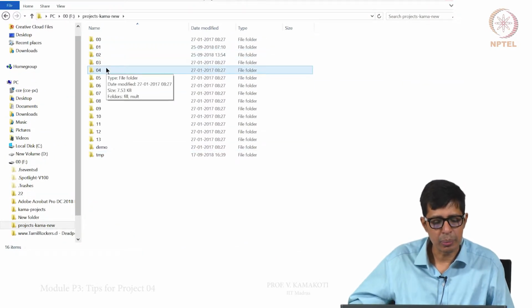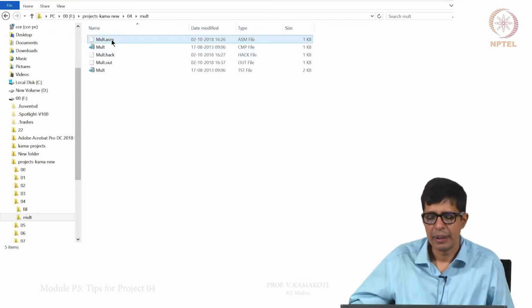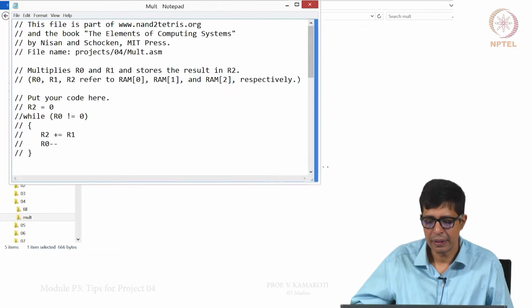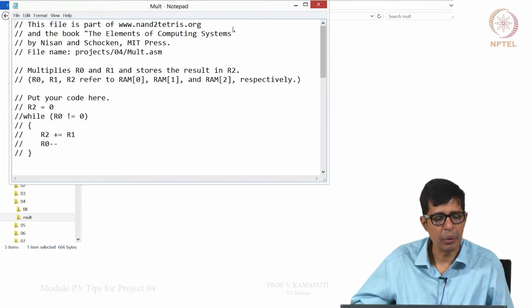So, this is the 4th project here. We just take this mult program, there is a mult.asm that you will see there, you can open that and that is where you see this code. I have just put this code here.